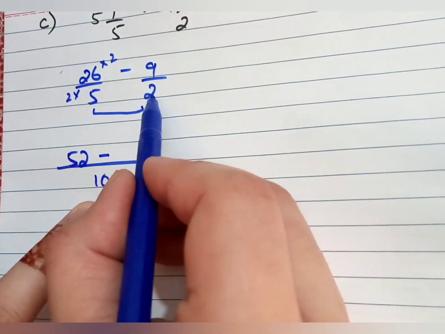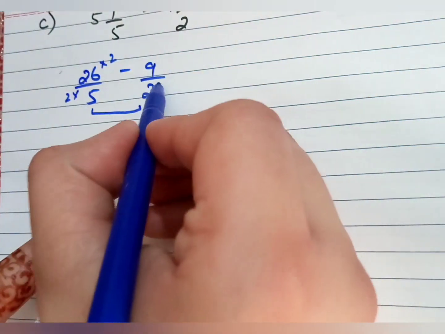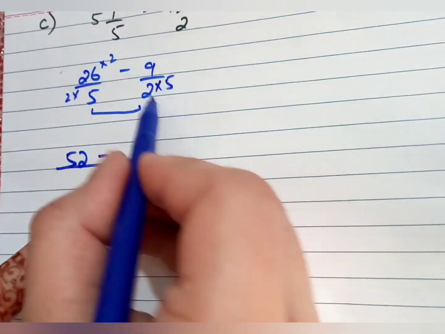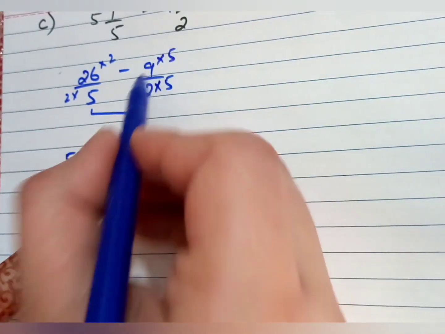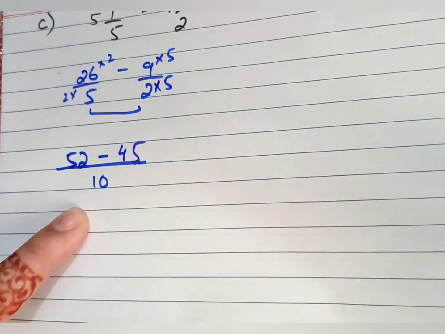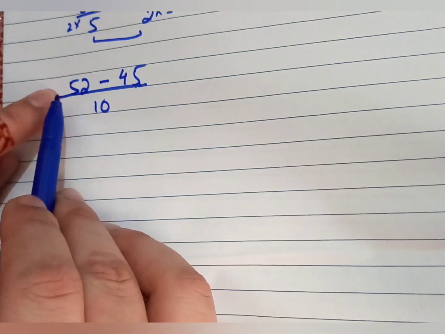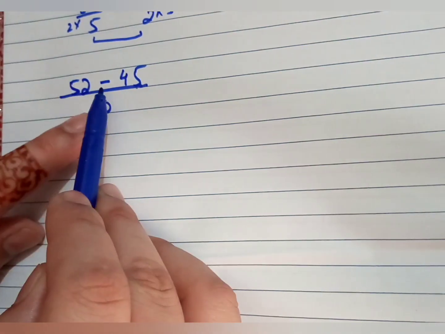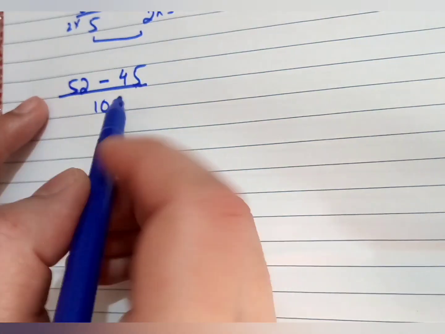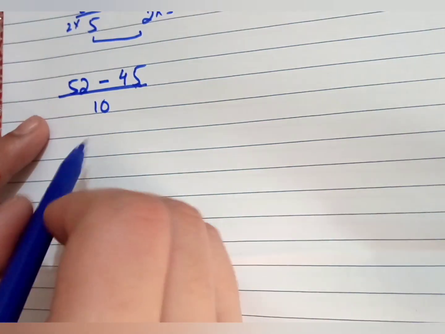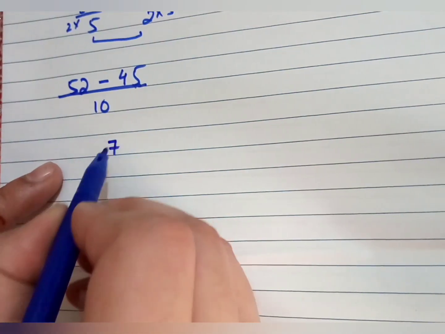When we multiply 2 with 5, the denominator will become equal to our LCM, 10. Multiply this 5 also with the numerator of that fraction. So 9 5s are 45. Now subtract 45 from 52. Why so? Because 52 has the sign plus, and plus minus is minus, so the terms will be subtracted. So 52 minus 45, we get the answer 7.